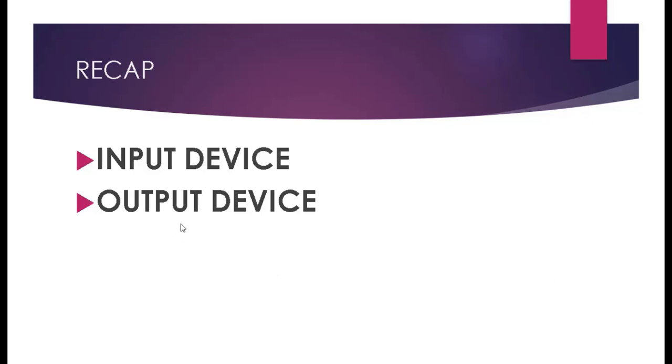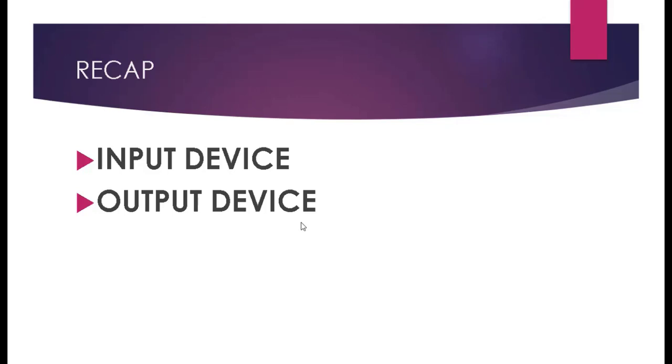And what is output? Output is a result or information that is obtained after processing. So different output devices are there. The most commonly used output devices are monitor and printer. We studied about monitor. Monitor is also known as visual display unit, that is VDU. Monitors provide a visual display of data. It looks like television. Monitors are of different types and have different display capabilities.